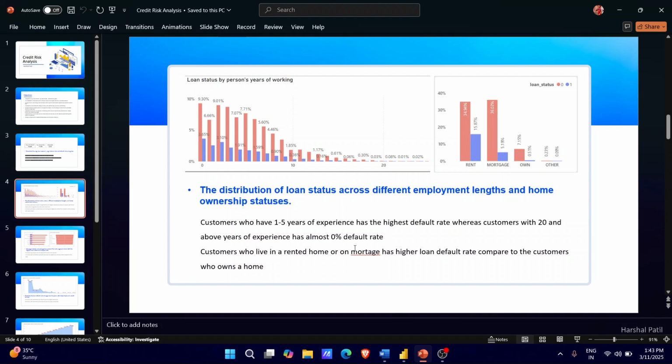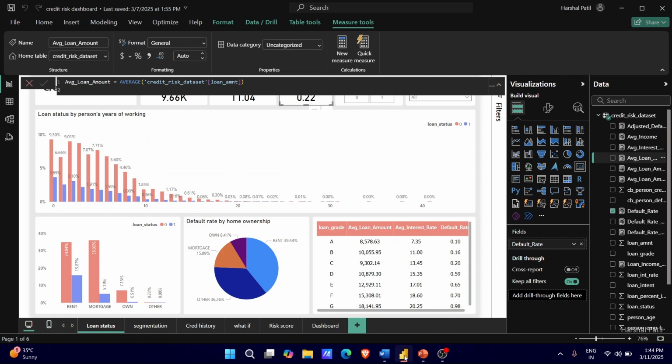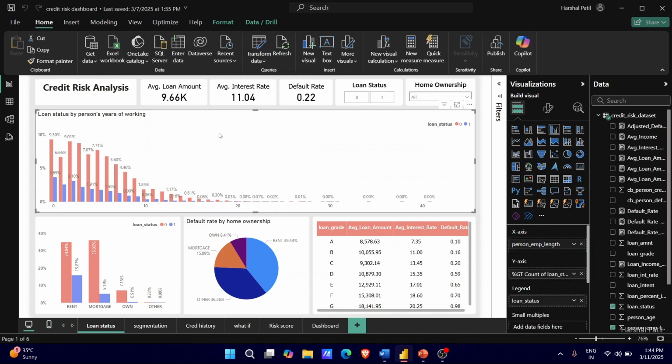For the first, we created this bar chart where we calculated the person employment length and the count of loan status. And for the home ownership, we created this bar chart where we have the person home ownership and again the